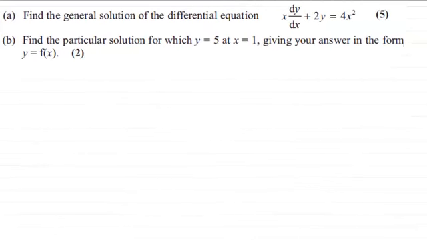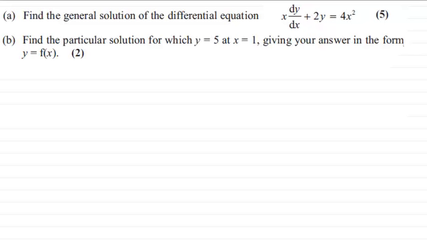Hi there. Now for this part of the question, we're asked to find the general solution of the differential equation x dy/dx plus 2y equals 4x squared for 5 marks, and then go on to find the particular solution for which y equals 5 at x equals 1, giving your answer in the form y equals f of x for 2 marks. So if you'd like to have a go at these, I'll just give you a moment